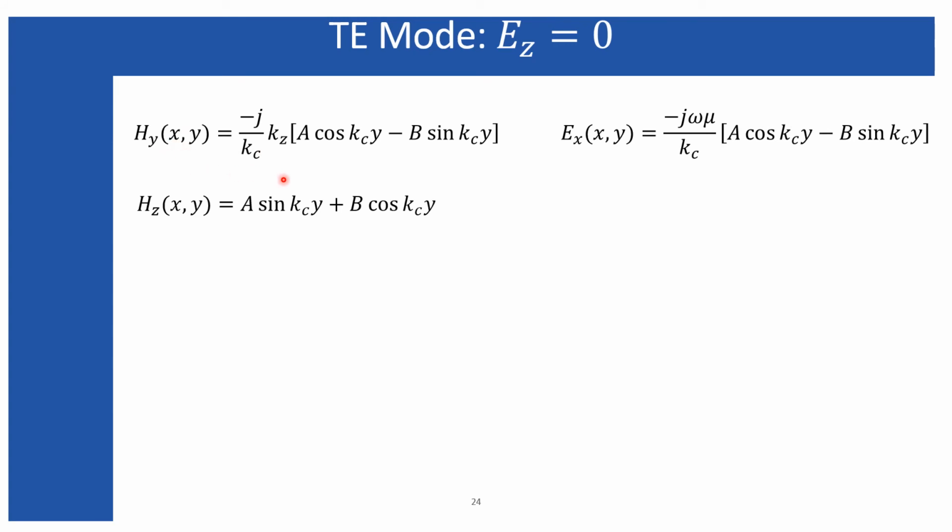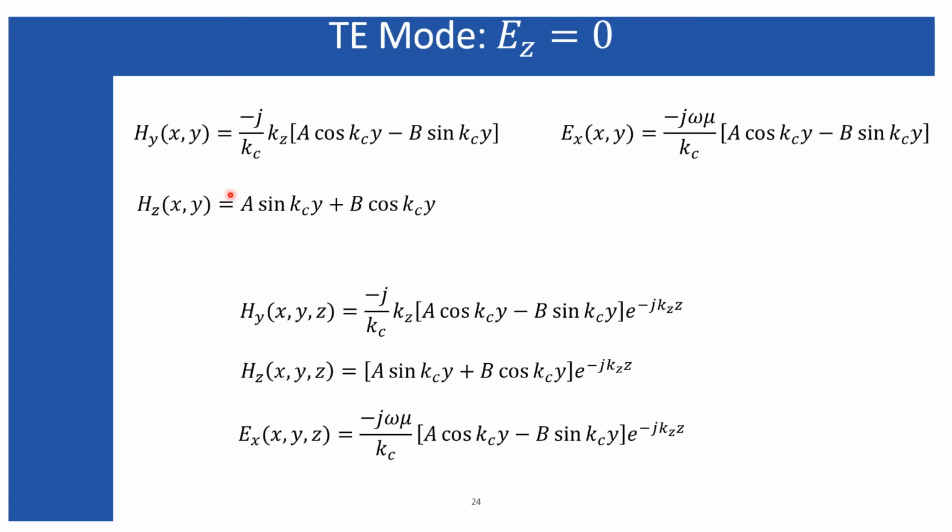So here is the total set of the electric and magnetic field. Only Hy and Hz components exist, and here also only an Ex component exists. So this includes the variations only in the x and y direction. In order to include the variations along z, just multiply this propagating factor, that is e to the power factor, with these Hy, Hz and Ex, and you will have the total solution for the propagating electromagnetic wave.